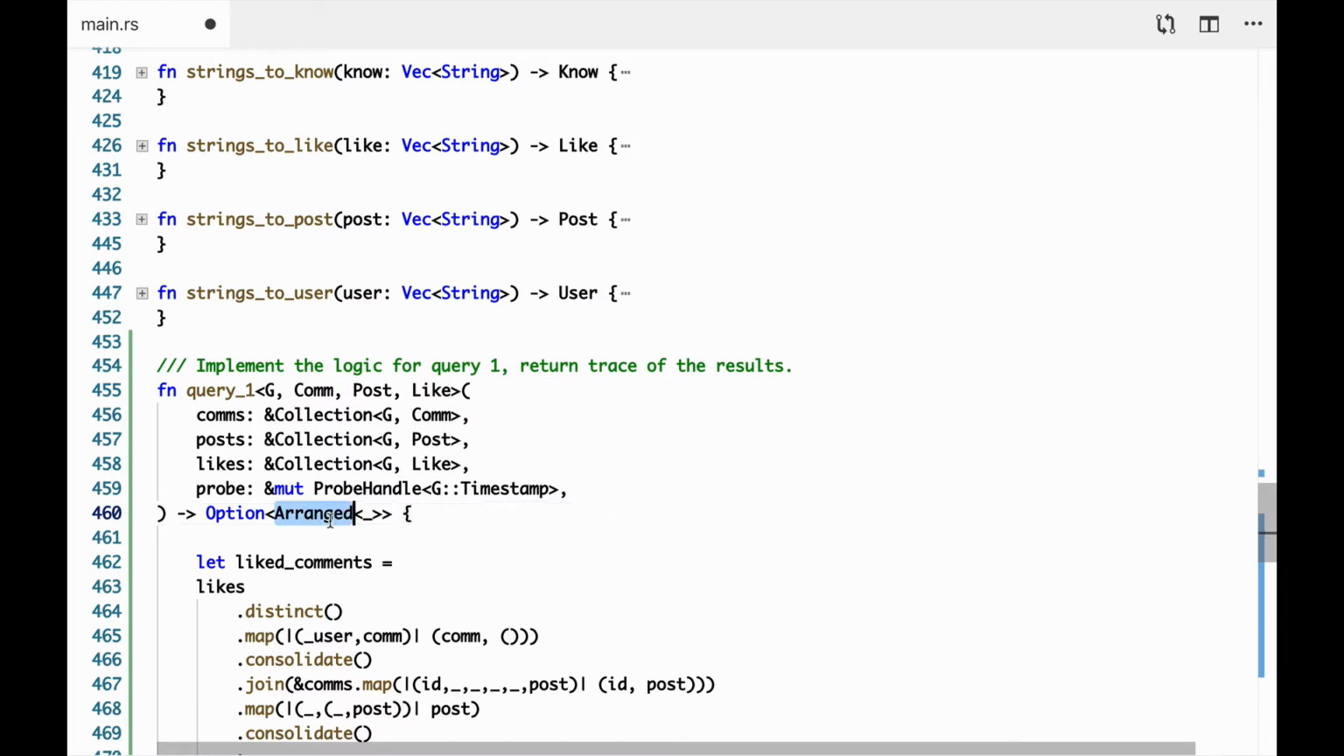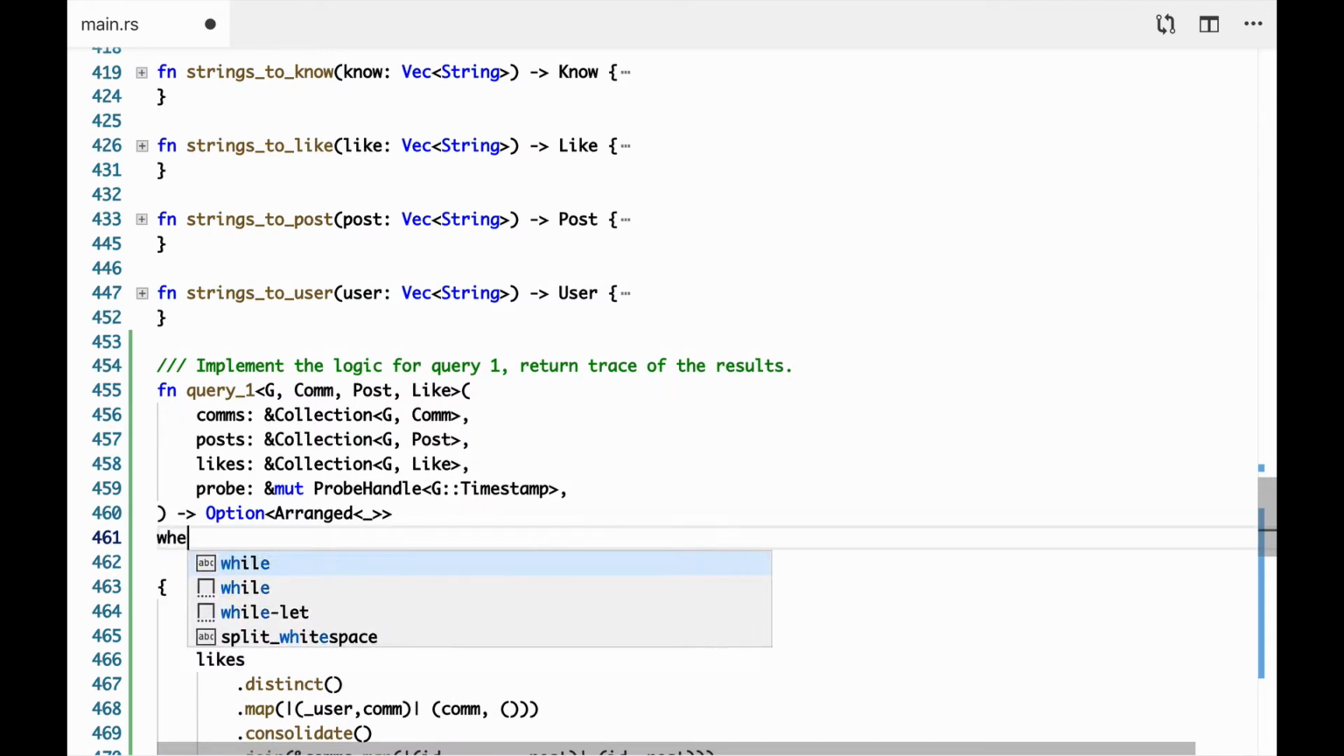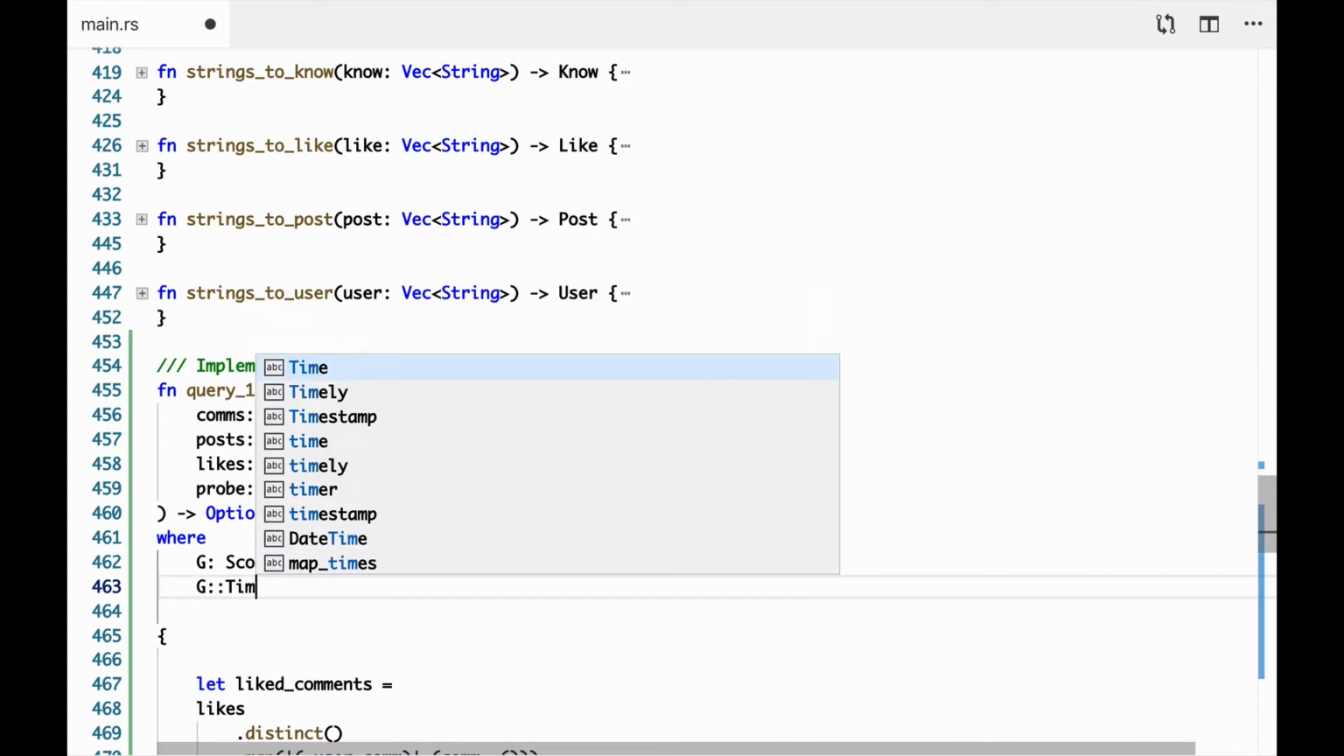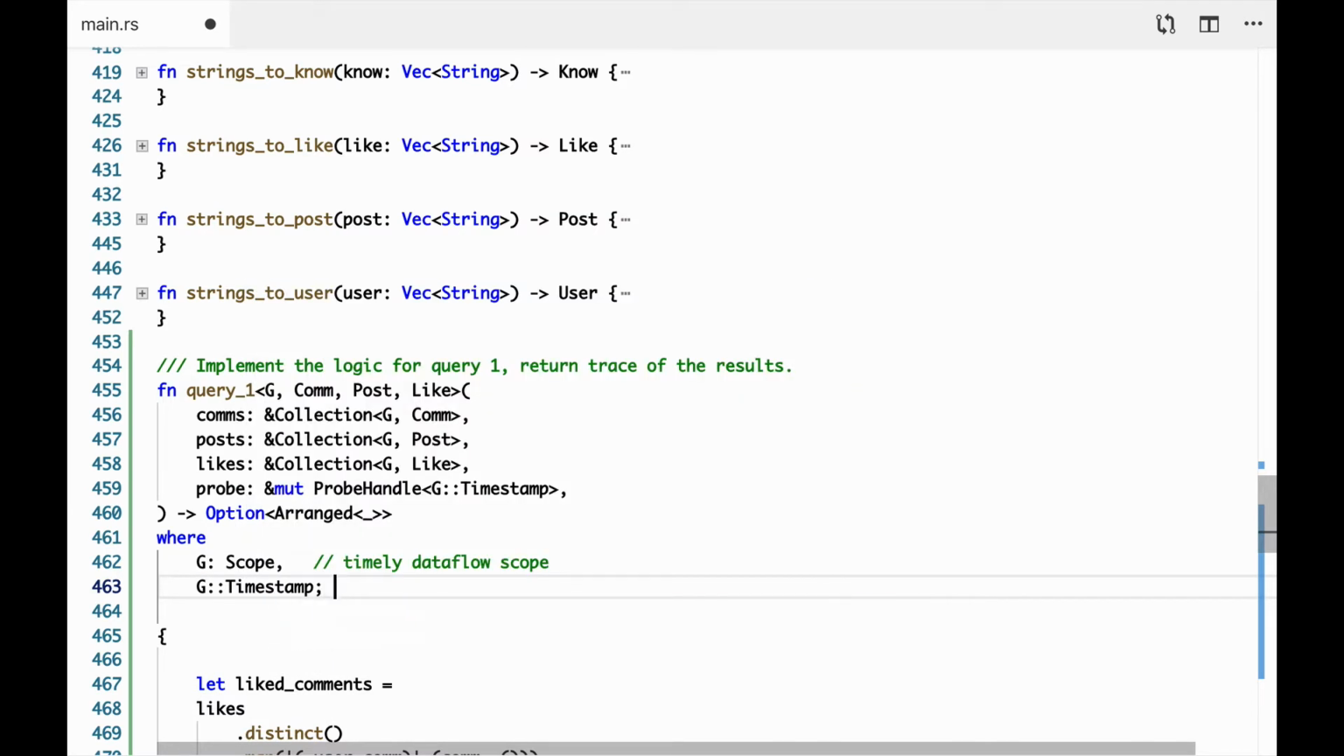I'm going to have to look up the arguments for this return type here. It's sort of gross and messy, and it's not as tidy as it could be. There's some type constraints here that we're going to want. So G is going to need to be a scope. This is a timely dataflow scope. G's timestamp is going to need to implement